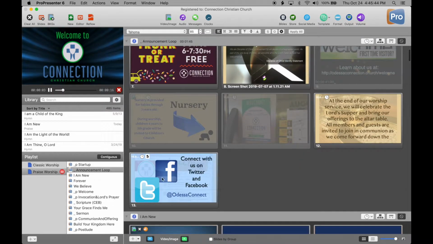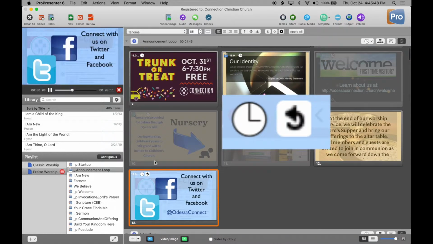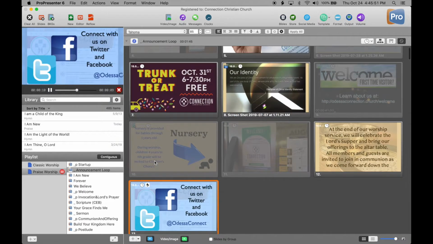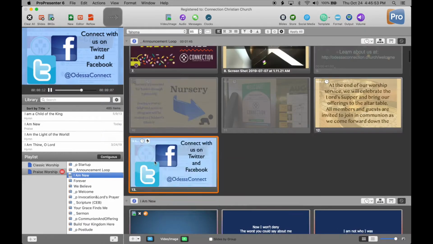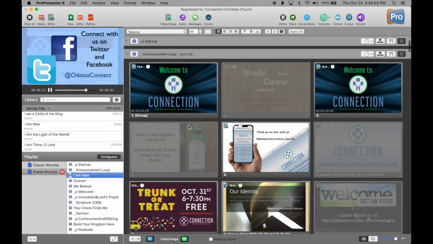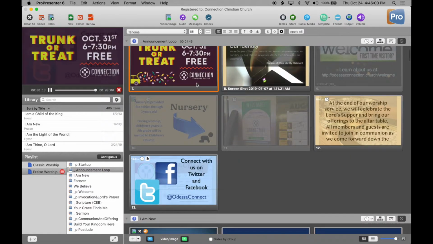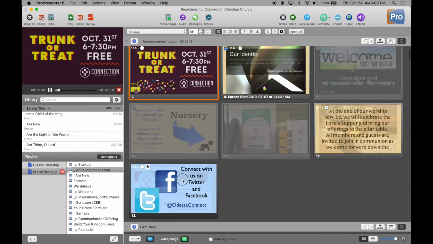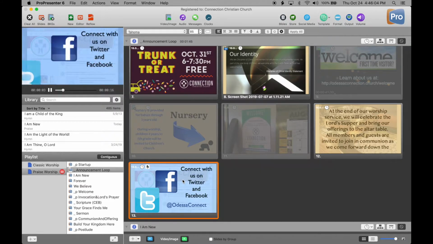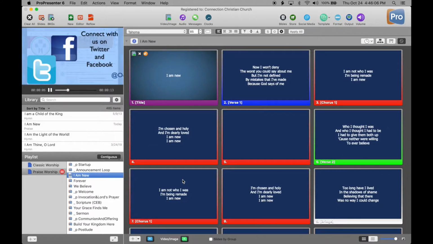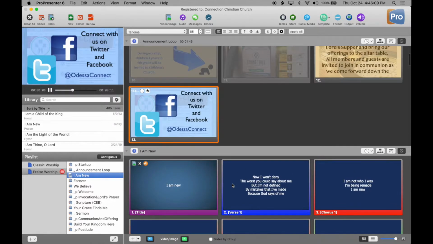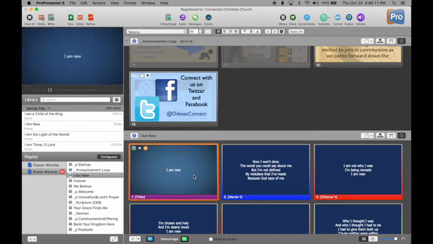And then also this last slide, this little return symbol means that at the end of that slide, it's going to go back to the first slide in that section. So that's a loop. To get out of that loop, if it's in the middle of that loop, you either need to be on the last slide before you advance using the space bar or the arrow key, or you can always just scroll down and click on that first slide to get out of that loop